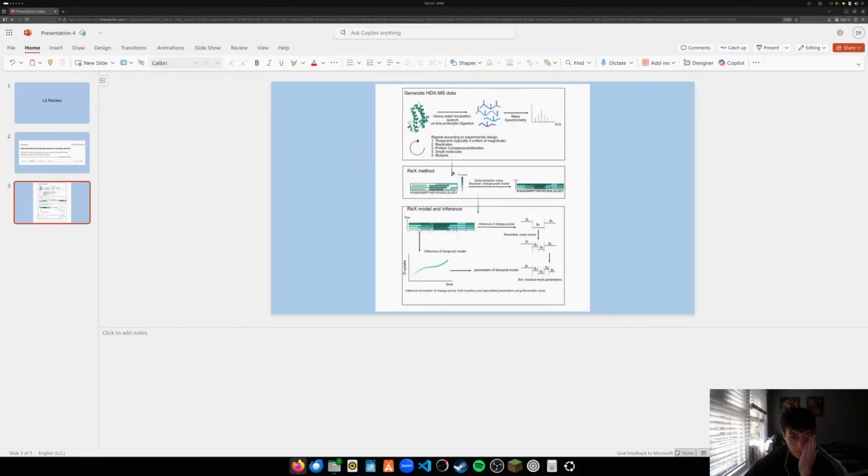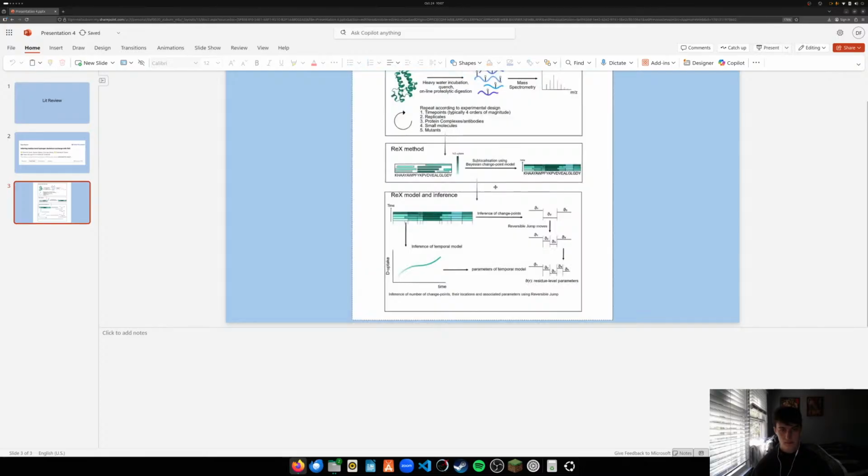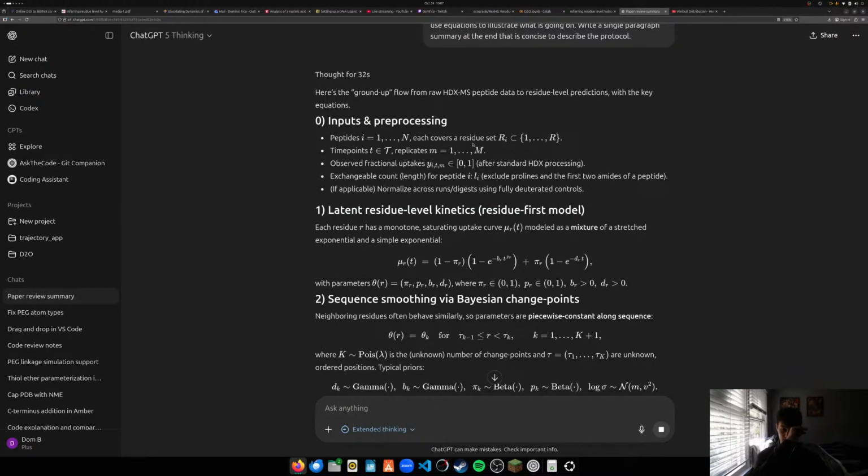So I'm thinking, we have our experimental data right here. And then we fit initially across the peptide by doing a sum of predicted per residue exchange across time, and then we look at a specific segment and compute the error, and then from there we try to find the number of change points that lead to resolving the overlap. That's kind of what I think, but